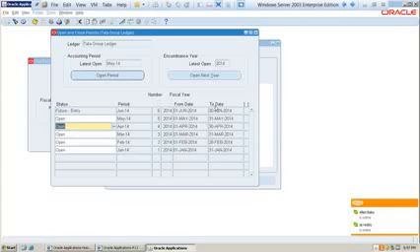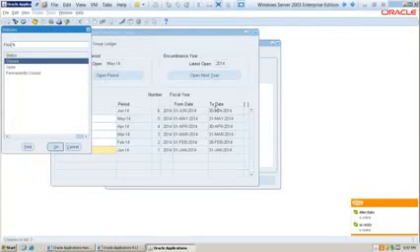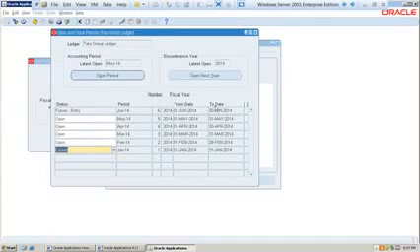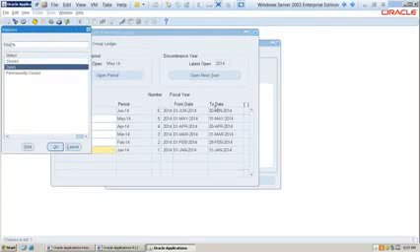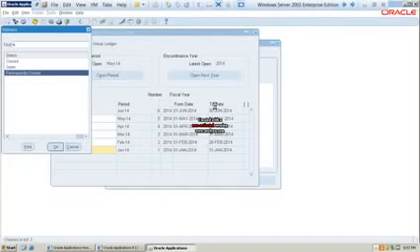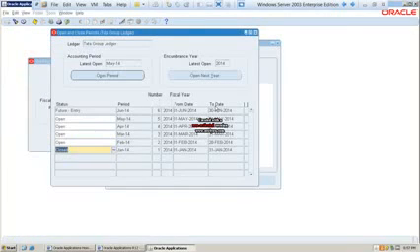Now let's say for example, I don't want my users to enter data for January and February. January you don't want to open, January is already over. You can close it. Open, you can close it. It's already been closed, you can also open it. Closed can be opened. Apart from closed, we also have permanently closed. What is the difference between closed and permanently closed? Permanently closed cannot be reopened. Closed can be opened. Closed is called soft close, whereas permanently closed is called hard close.